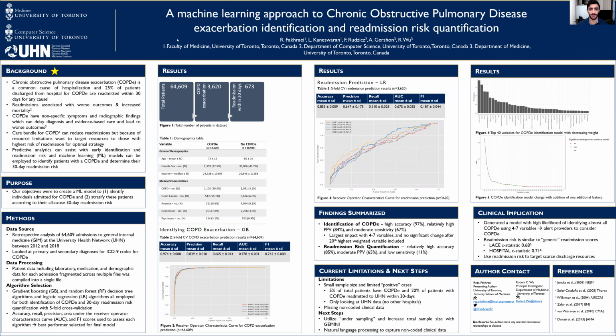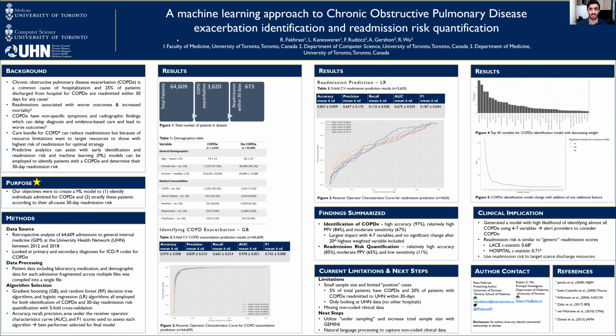As many of you are aware, COPD exacerbations are a common cause of hospitalization. About 1 in 4 patients admitted with a COPD exacerbation are readmitted to hospital within 30 days of discharge for any cause. These readmissions are associated with worse outcomes and increased mortality, and COPD exacerbations also have non-specific signs and symptoms, which can lead to a delay in the diagnosis and in providing evidence-based care, which can also lead to worse outcomes. So we hypothesized that predictive analytics could assist with the early identification of COPD exacerbations and readmission risk